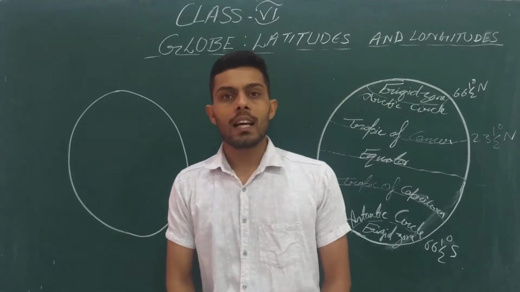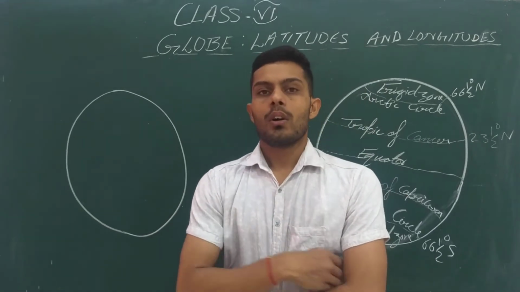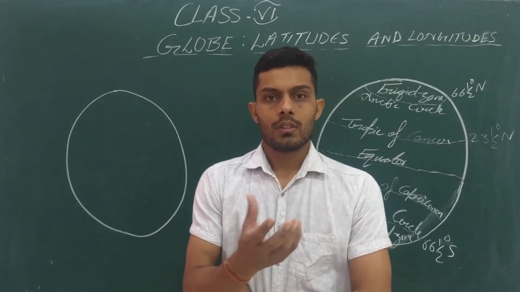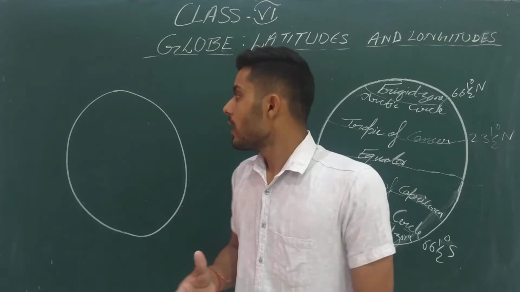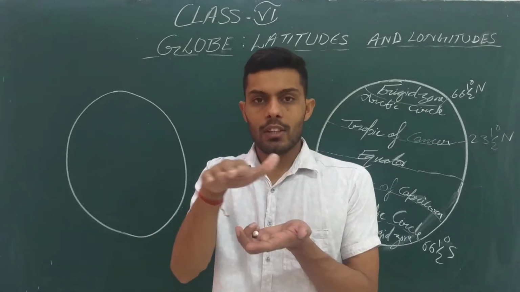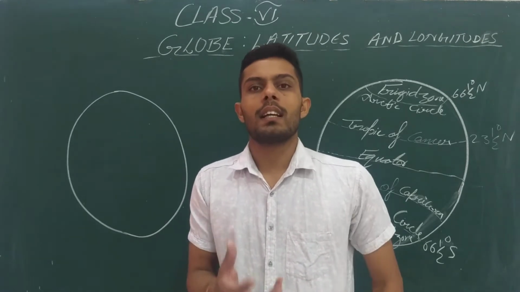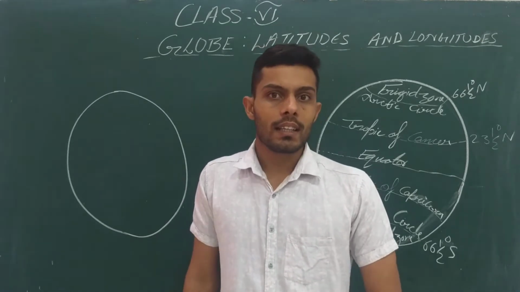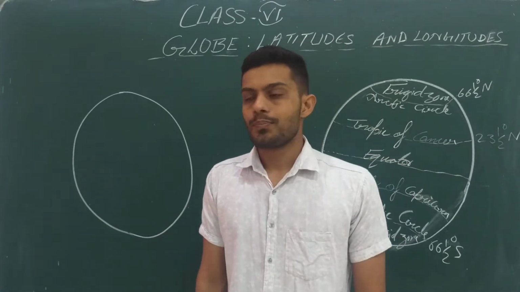So normally the earth has a geoid shape. Geoid shape means like the orange you have at your home. You have also seen oranges at your home. What is it like? It is slightly flattened from the top and slightly flattened from the bottom also. So the earth has that shape. Earth's shape is like a geoid shape.